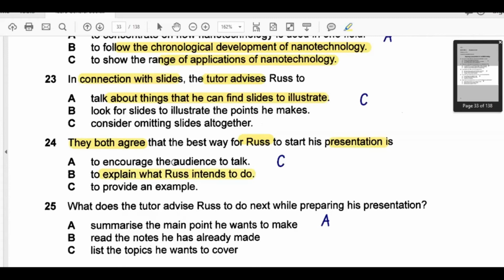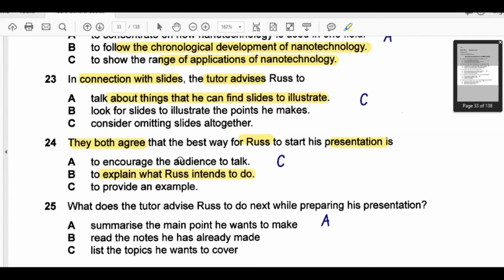Then they say, should I ask questions of the audience to encourage them to be a part of it? The tutor says that this can be good if you have 1 or 2 hours for the presentation, but if you are doing it now, you can't really do anything with the answers, and it is only going to take more time within the limited time range that you already have. So you can't really do much. You don't encourage them to talk.